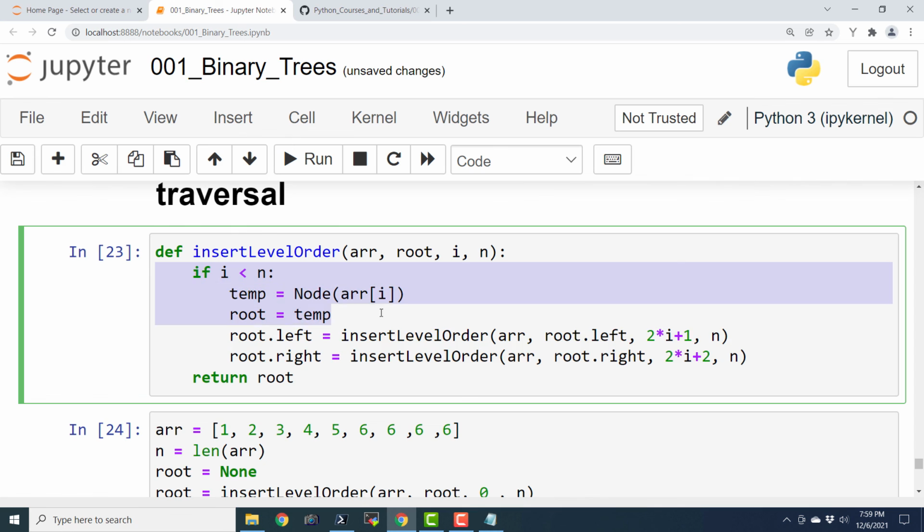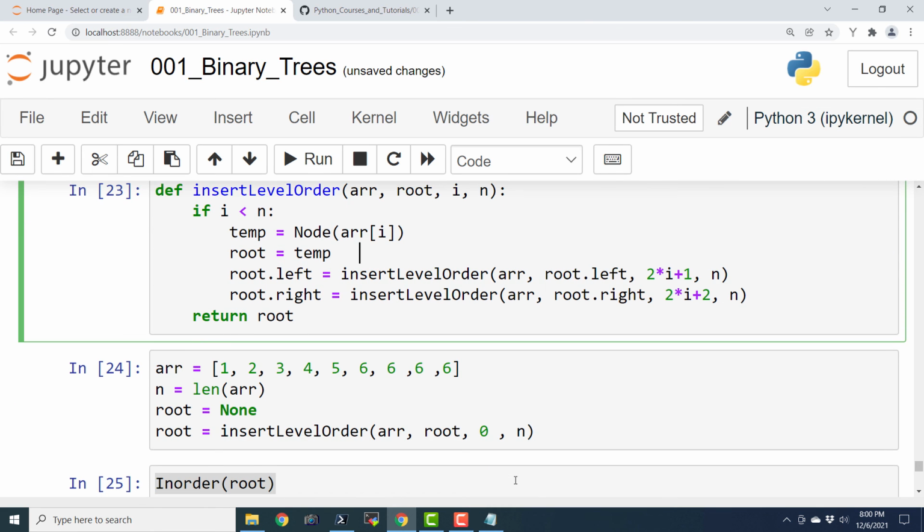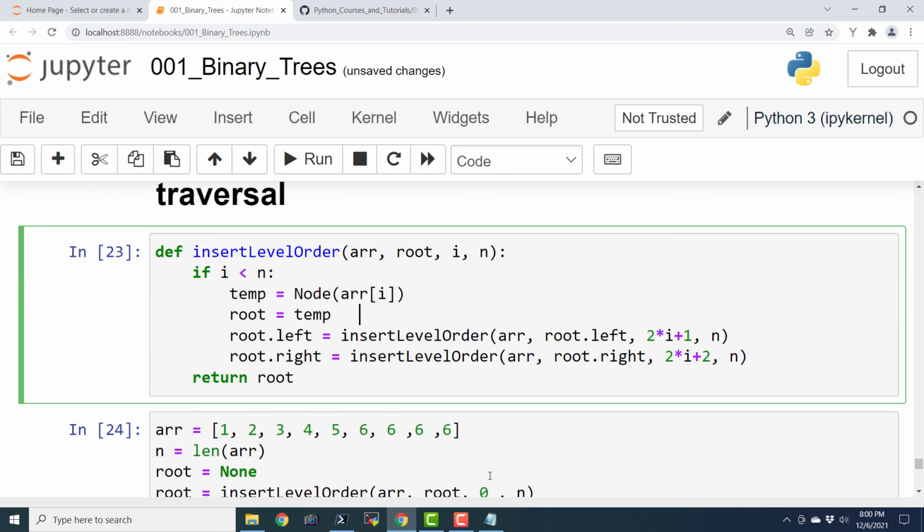Basically here we are using the recursion. This is the base case for the recursion. And in case you are not comfortable with this, you can also insert the print statement as per your convenience for debugging purposes.